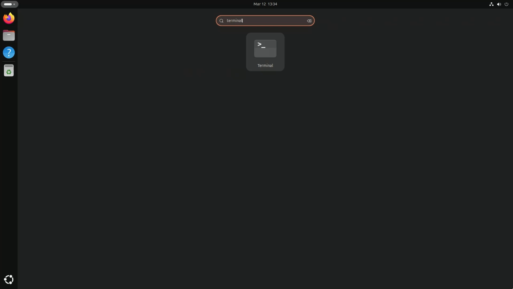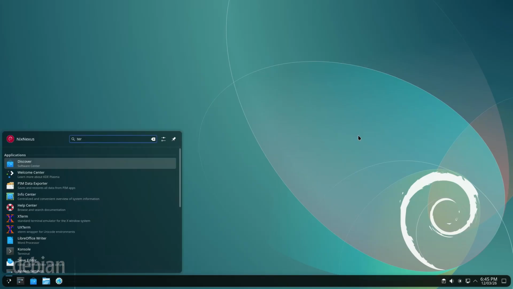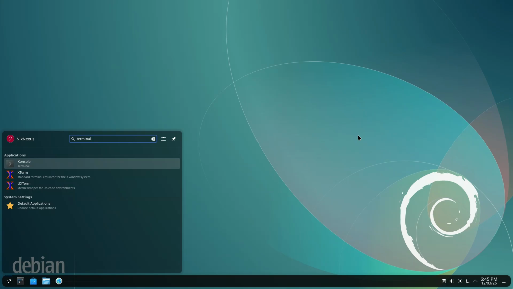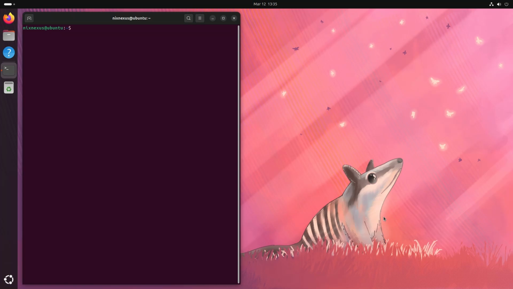the term terminal. Remember, the naming scheme of the terminal emulators might be different depending on the desktop environment you are using. Some simply call it terminal, some call it console, and some call it Konsole with a K. But no matter what they are called, they all function the same, and all their logos look very similar, an angle bracket over a dark background. Once the terminal is opened, you can use some Linux commands.